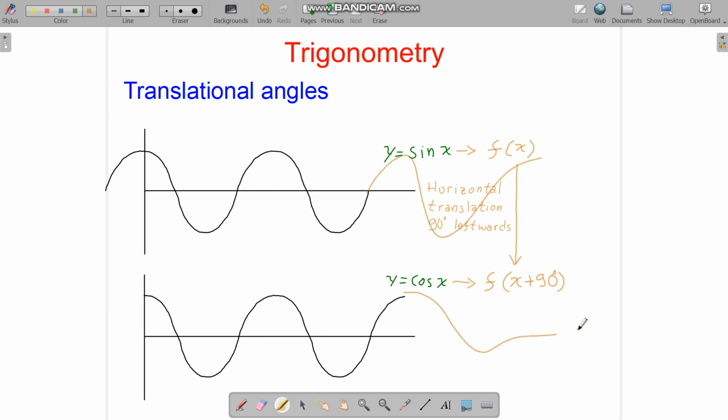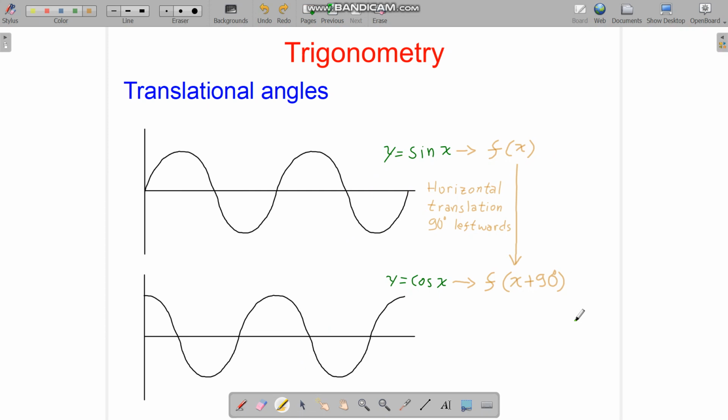Exactly the same shape. So that means cos x is exactly the same as the sine graph, but we translate 90 degrees to the left, and translating 90 degrees to the left means we add, remember, in transformation, so plus